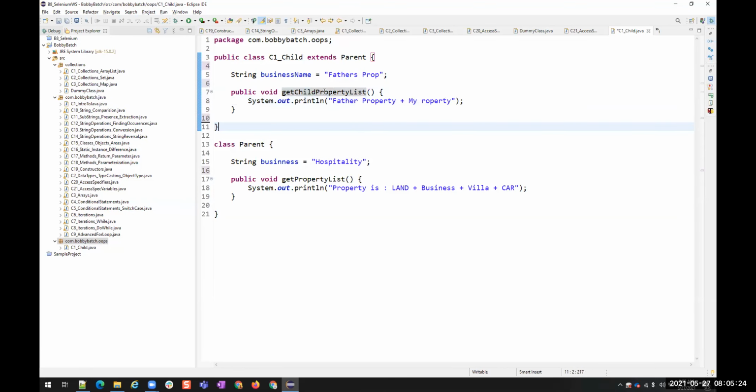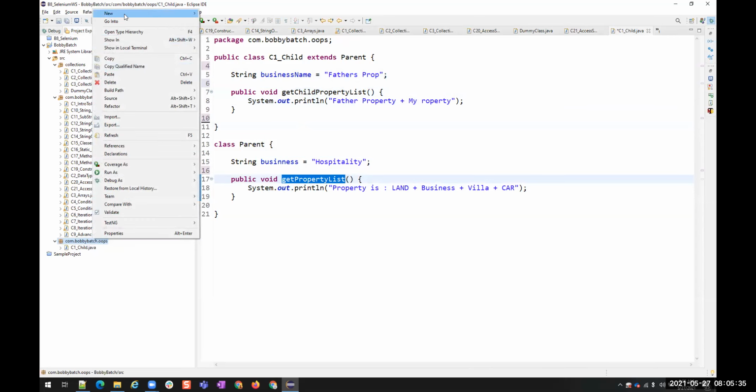So I'm just giving some statements. You see here there is one method and one variable, and here also one variable and one method. Let me create another class where I want to execute. New class.